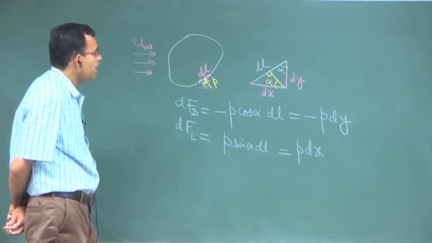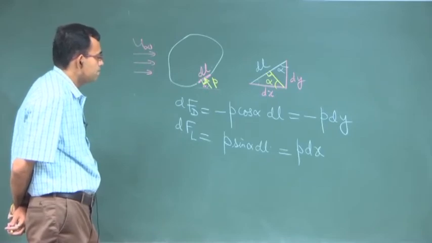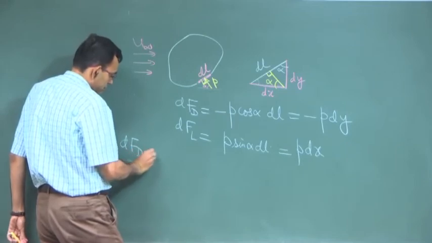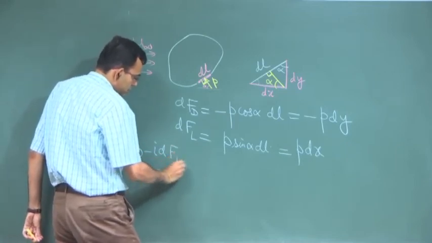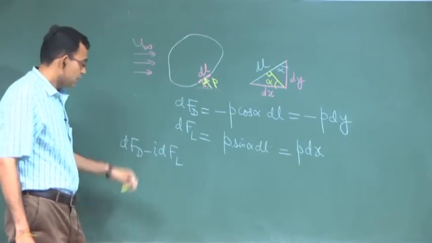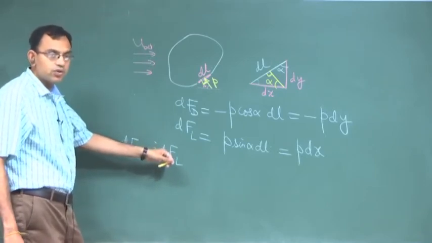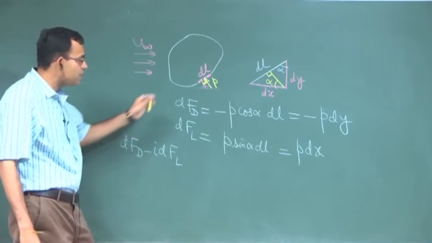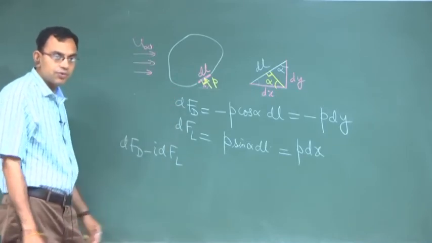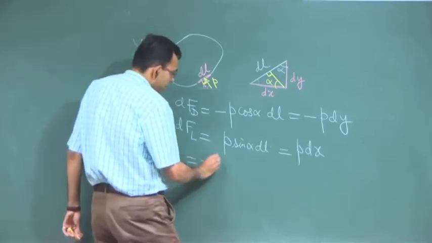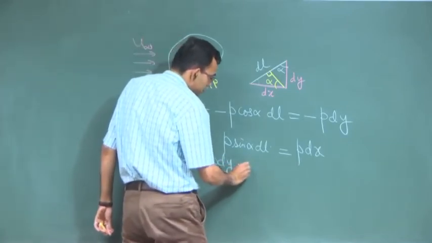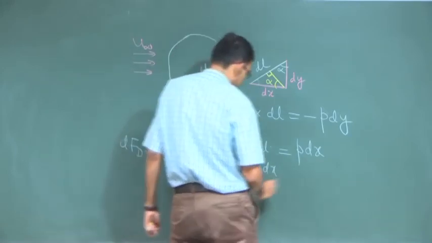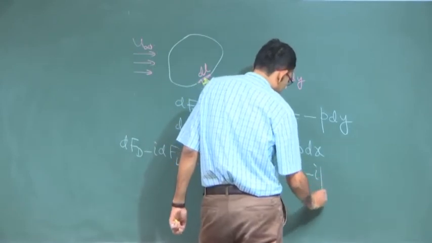Okay. Now, if you calculate dFd minus I into dFl, so you form a complex quantity in which you absorb both the drag force and the lift force. So, minus P dy minus IP dx. So, minus IP